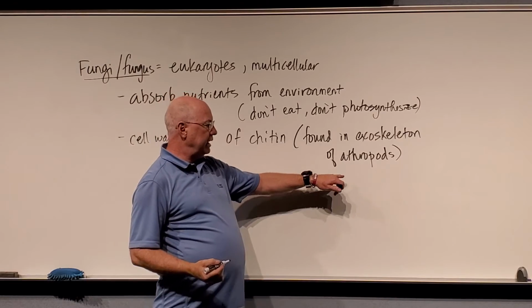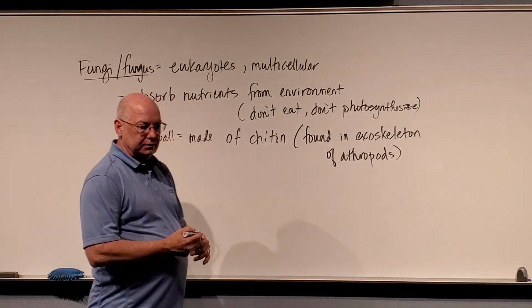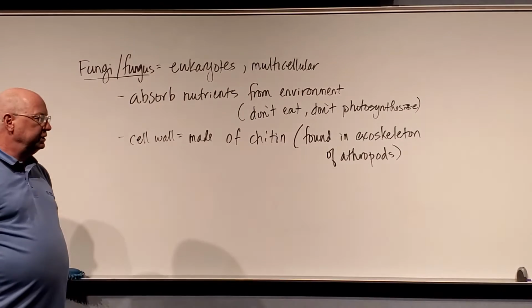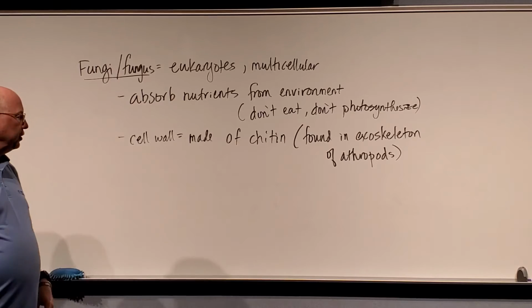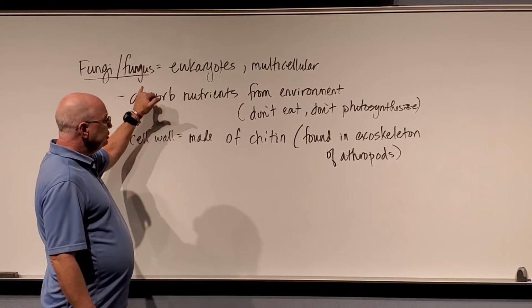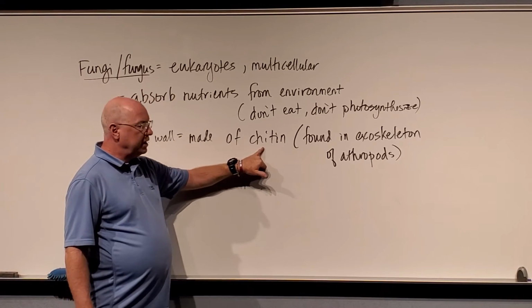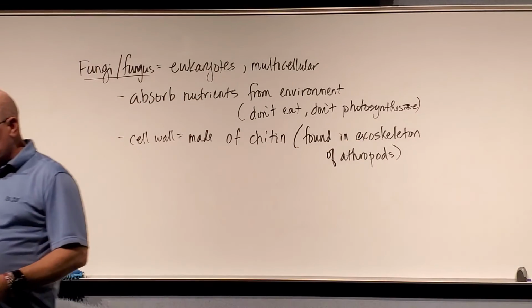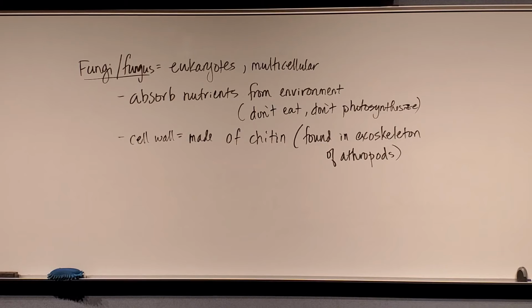Arthropods are things like crabs. They have an exoskeleton, like crabs and lobsters and other things, the horseshoe crab. And so fungi have a cell wall that's made out of this same protein that's found in the exoskeleton of many of the arthropods, many things that have many jointed legs. Okay,